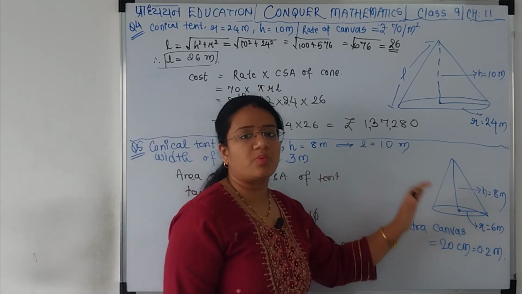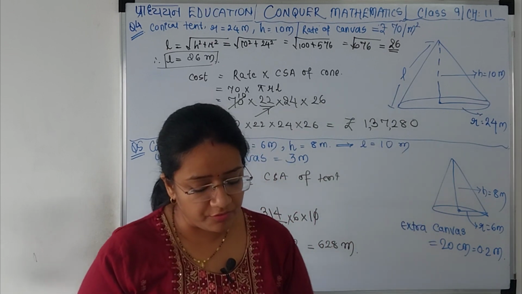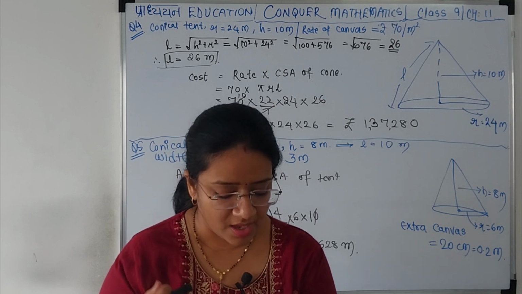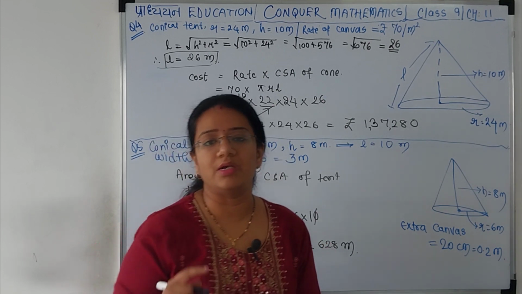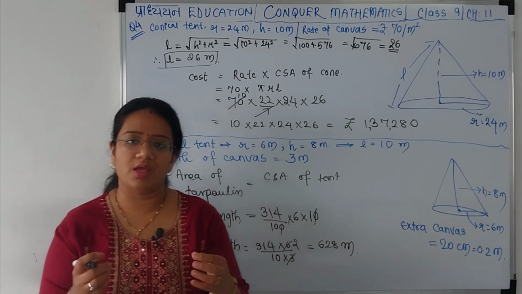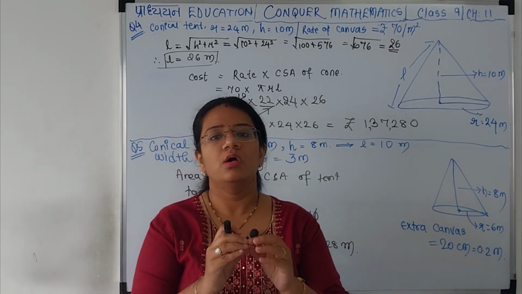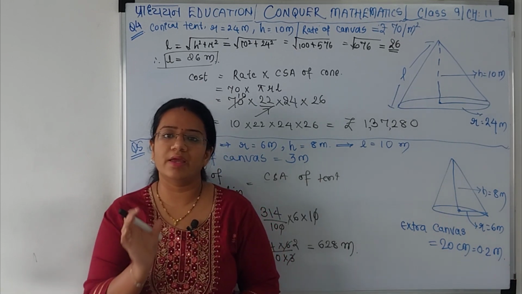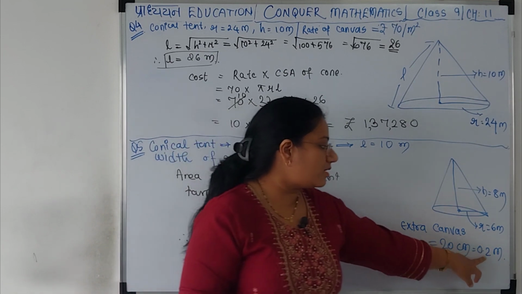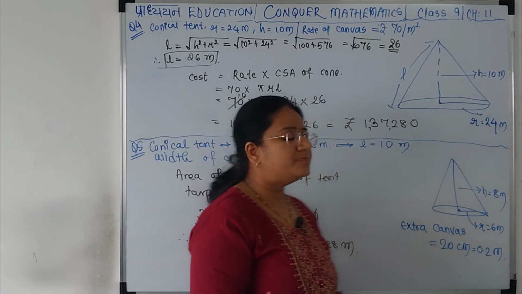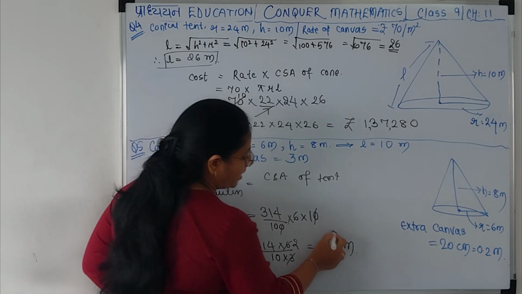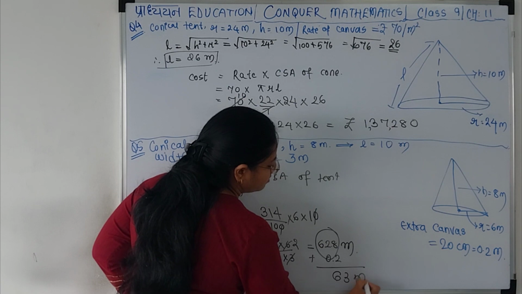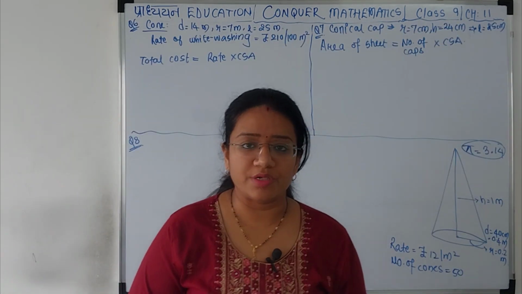Now there is an extra question ahead, which is, assume that the extra length of material that will be required for stitching margins and wastage in cutting is approximately 20 centimeters. तो वो जो क्लॉथ रहेगा वो मार्जिन स्टिच करने में और दूसरे कटिंग वेस्टेज में थोड़ा क्लॉथ एक्स्ट्रा लगेगा. वो कितना एक्स्ट्रा लगेगा? 20 सेंटीमीटर्स जितना. So 20 centimeters is nothing but 0.2 meters. So total length required will be this plus 0.2, which is equal to 63 meters. Clear? Let's go for question number 6 now.